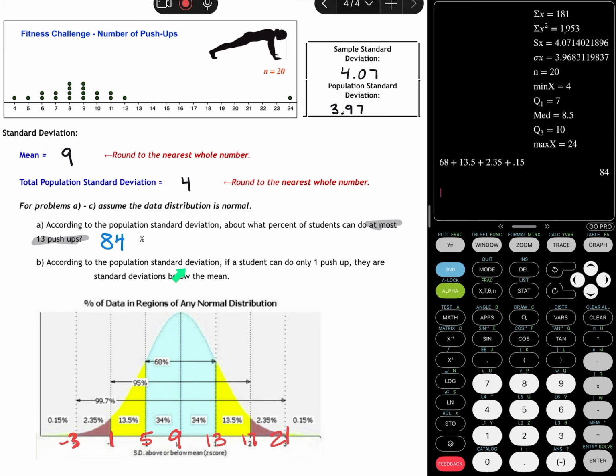And then finally, according to the population standard deviation, if a student can do only one push-up, they are blank standard deviations below the mean. So one push-up you can clearly see is right here. That's on one of our marks. So how many standard deviations below the mean? That's 1, 2 standard deviations below the mean. So that would be how you finish up that part of the question. A lot of information there, but hopefully, from start to finish, you can follow along and put